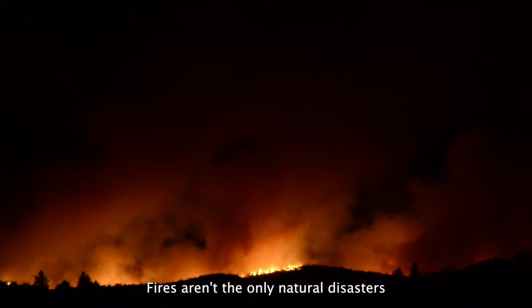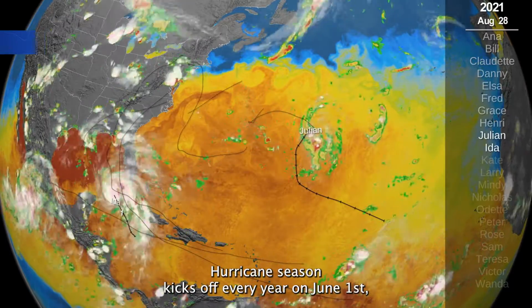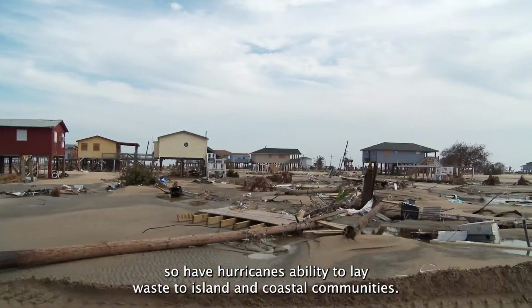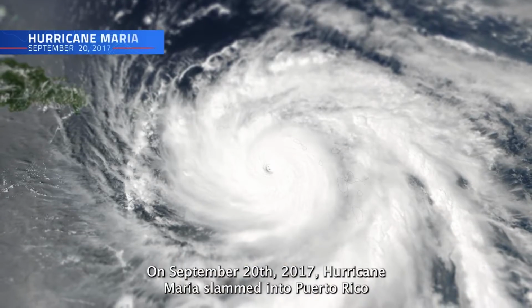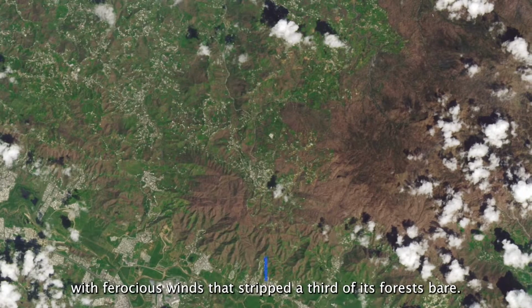Fires aren't the only natural disasters North America contends with each summer. Hurricane season kicks off every year on June 1st. And as ocean temperatures trend upward due to climate change, so has hurricanes' ability to lay waste to island and coastal communities. On September 20th, 2017, Hurricane Maria slammed into Puerto Rico with ferocious winds that stripped a third of